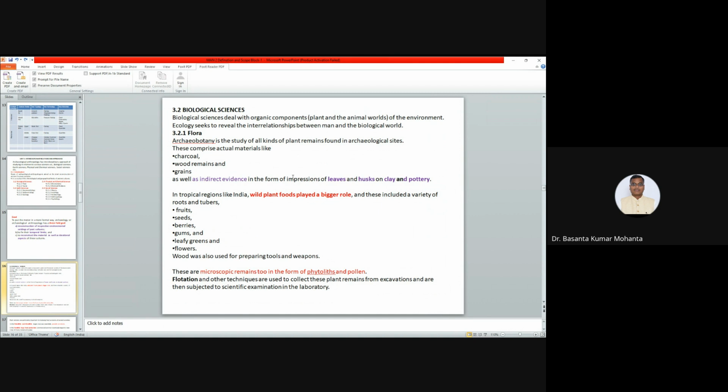For hunting, they were using bow and arrow. For hunting, they were using spearheads. So for making bow and arrow, they had to take help of bamboo or other plant remains. Or for making a spearhead, the handle was prepared with plant remains. Later, during the